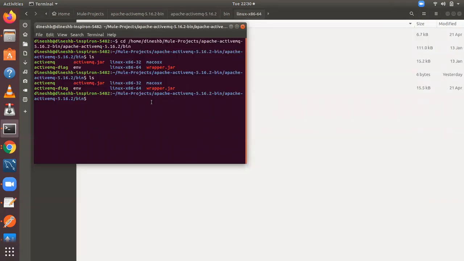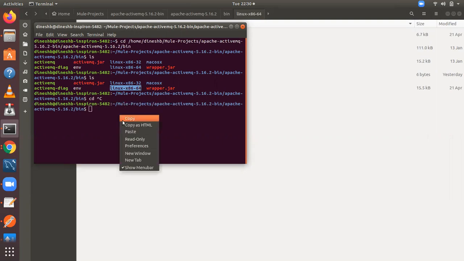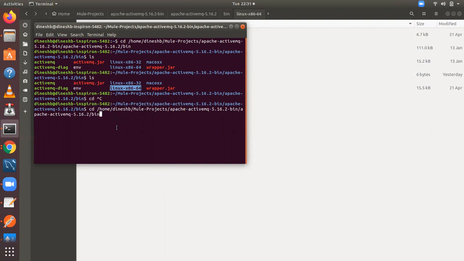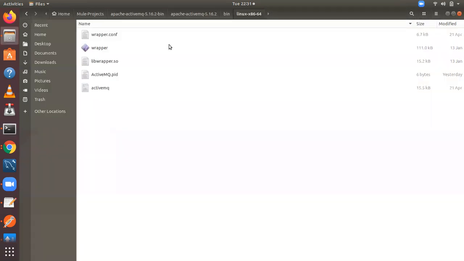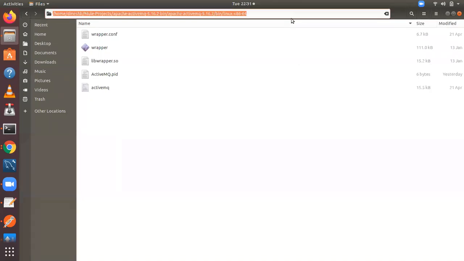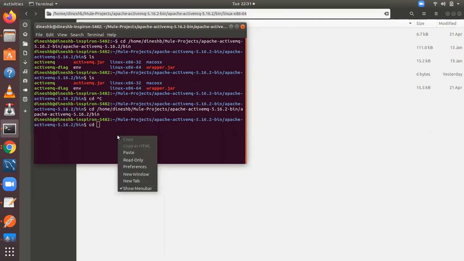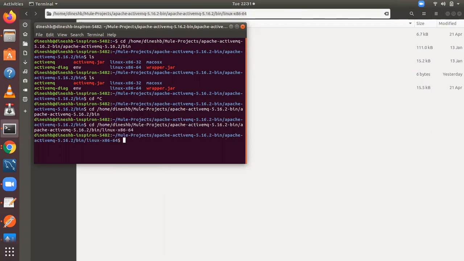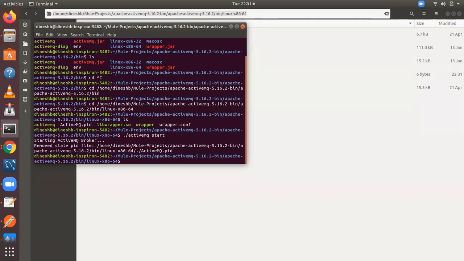I had to switch to another path. So starting the ActiveMQ broker, the ActiveMQ broker has been started.